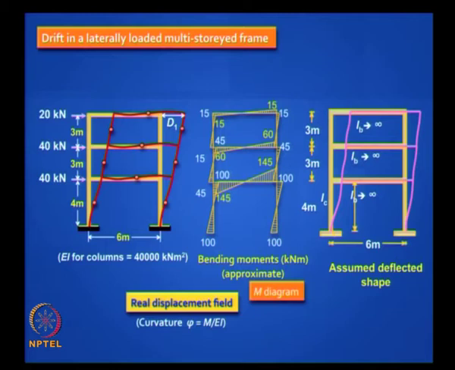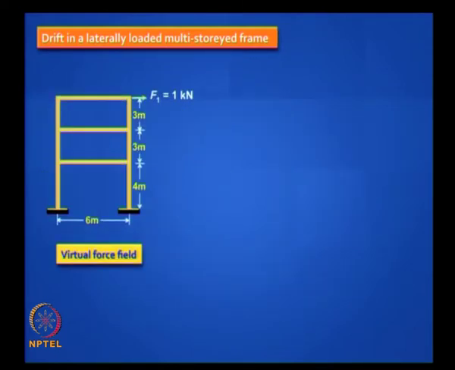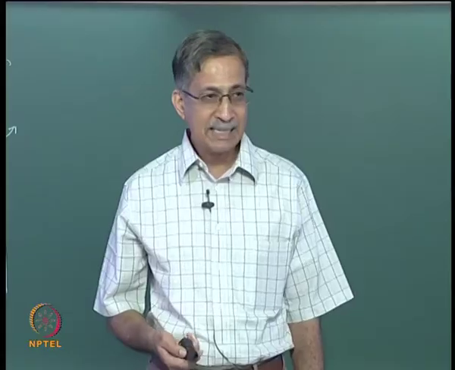How do you proceed? You apply a unit load F1 equal to 1, and do you analyze this frame all over again? Assume some of the forces to be 0. So this is the frame we need to analyze, and we do a clever thing. This is highly indeterminate, the degree of indeterminacy is 9. So let us cut the frame and expose some redundancies. How many redundancies do you expose there? 9, 3 at each location: a shear force, a bending moment and an axial force, and conveniently assume all of them to be 0. So you get a statically admissible solution.